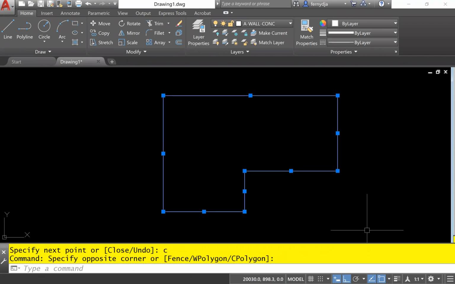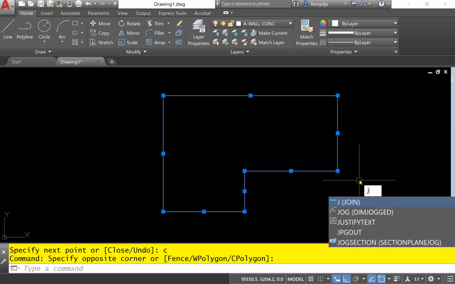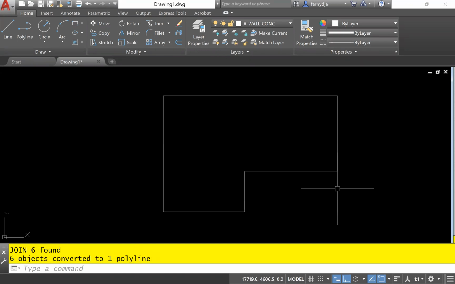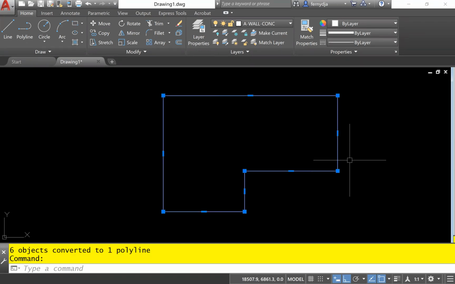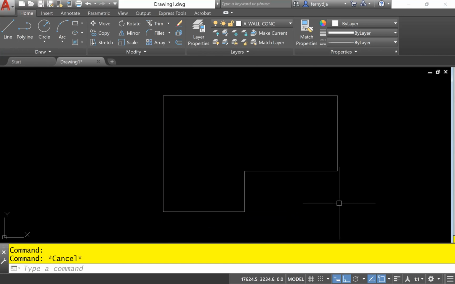by making a selection window. From left to right, you have to ensure that you go all the way around, or right to left as well. Or you could do Control A. Then your shortcut for join is letter J, enter. And let's test to see if it is really a polyline. So if we click on it, you should notice the entire object is selected. And the middle grip is no longer a square grip, which it was before, but now a flat grip. All right, so we'll be able to move to step 2 now,